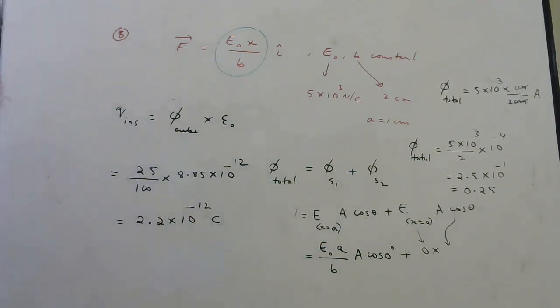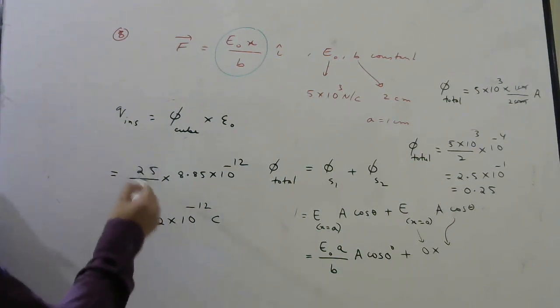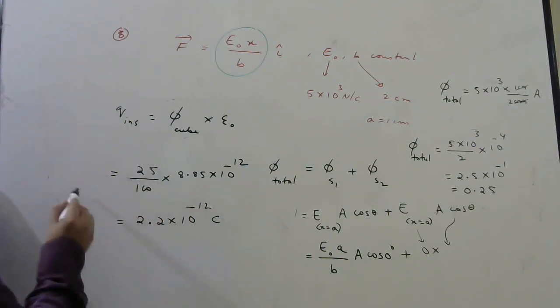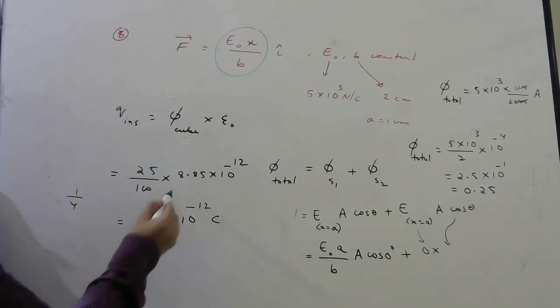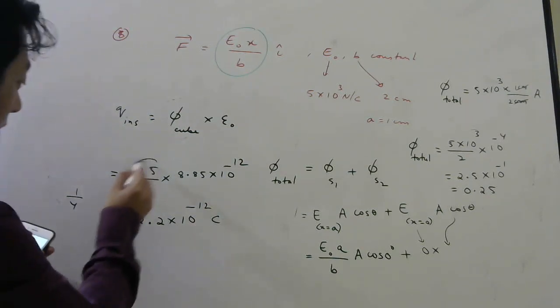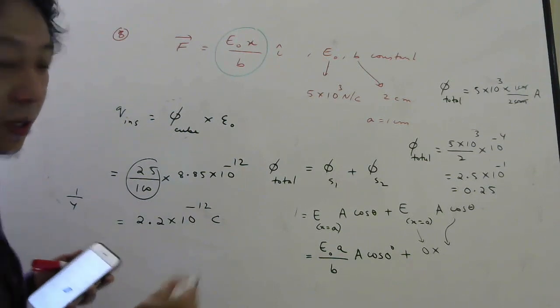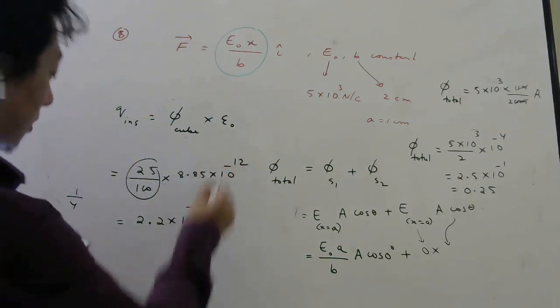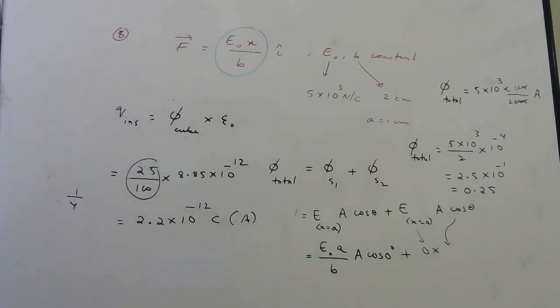Okay, so you can try to do this part yourself. 25 by 100 will come 1 by 4. So if you divide 8.85 by 4, you will get 2.2 something. Understood? So this ratio will be 1 by 4. Then 8.8 approximately, if you divide by 4, you will get 2.2. So option A is the correct answer. I hope all of you understood this concept.